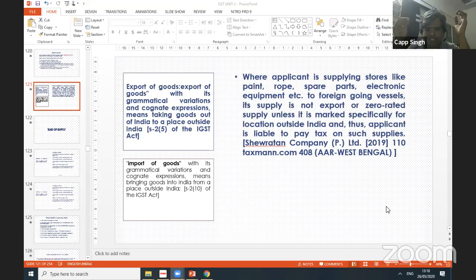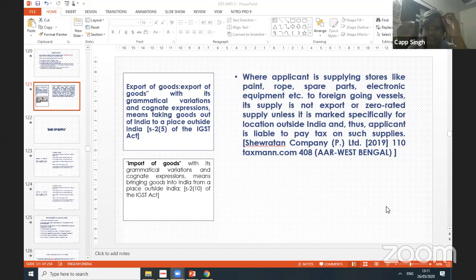अच्छा, मैं दोबारा कवर करने की कोशिश करता हूँ। देखिए, हमने पहले डिस्कस किया था कि जब भी हम सप्लाई की डेफिनेशन में सेक्शन 7 में और शेड्यूल 1 में और शेड्यूल 3 में कवर कर लिया कि एक ट्रांजैक्शन सप्लाई है। So now the second point is whether it is a supply of goods or supply of services. So for that we have to refer to Schedule 2